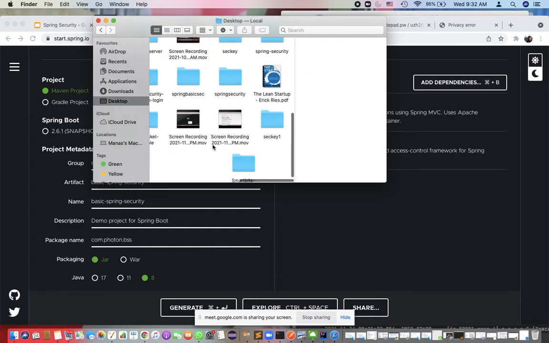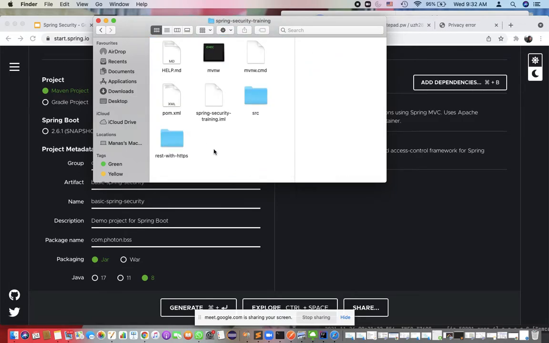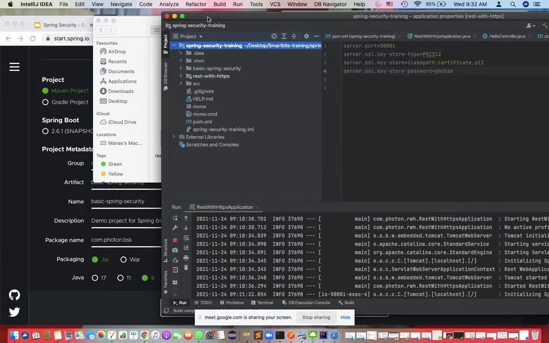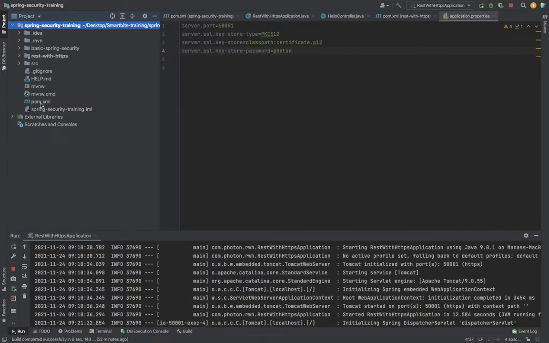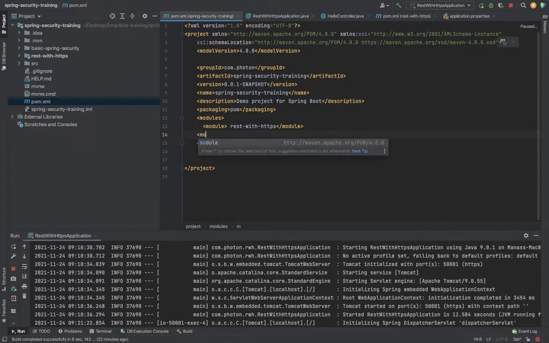I go to my desktop, this is my trainings. Inside that I'll just copy that folder, and if I come here, I'll see that basic Spring security. I can see it here. Now inside the main pom.xml, I'll add this module.